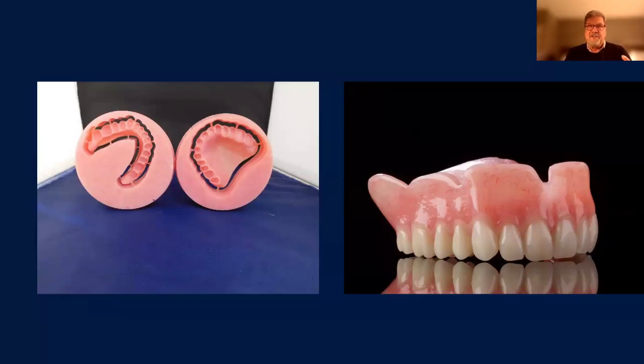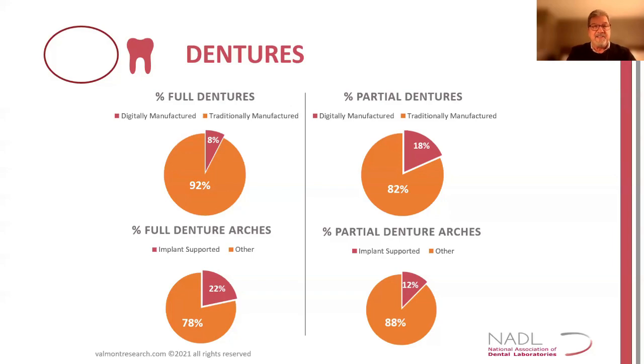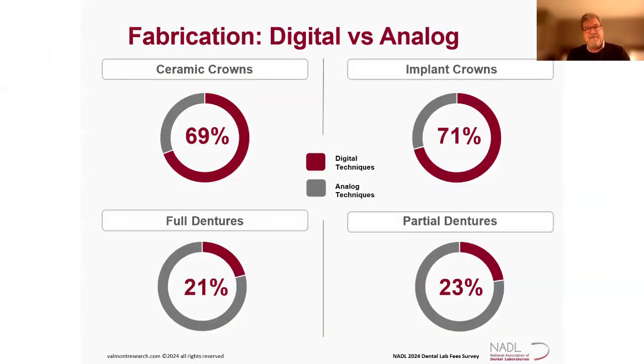Of course, the majority of dentures still done in this country is still analog. So as we can see here, back in 2021, the survey was done by the NADL. Only 8% of full dentures were digitally manufactured, and traditional manufacturing was about 92%. Then jumping from 2021 to 2024, full dentures jumped to 21%. Now, from what I hear, in 2026, we're up in the high 30s as far as